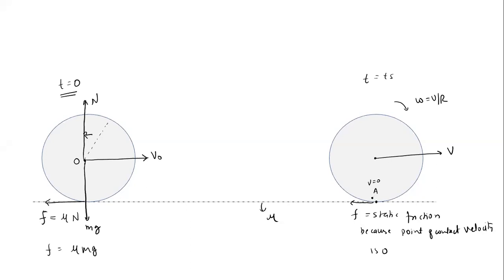The reason is what? What is the reason for that? Ma'am, in pure rolling, the friction is static friction, but the body will not stop. Why? Because in rolling motion, every time the point of contact will change. So there is no relative motion between the point of contact and the surface, but the point is changing every time when the body is rolling.